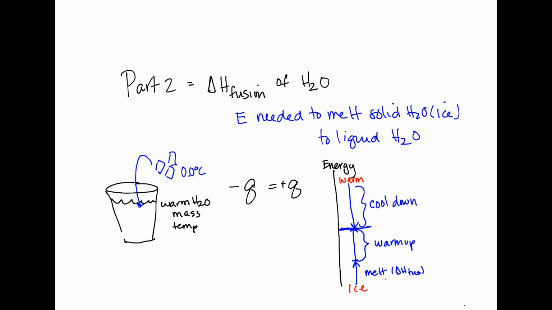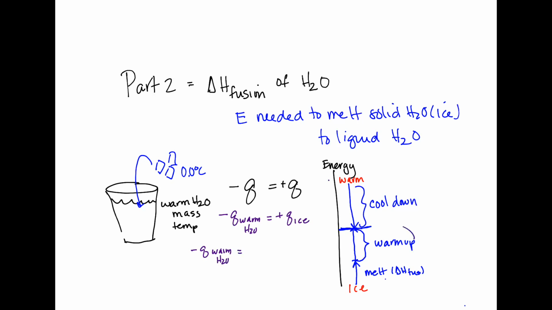If we look at our equation here, the warm water is going to be the thing losing energy. So that's going to be this one. And the ice is going to be the one gaining energy. So we could write this, that the negative Q of the warm water equals the positive Q of the ice. And if we expand that, just putting in some more details,